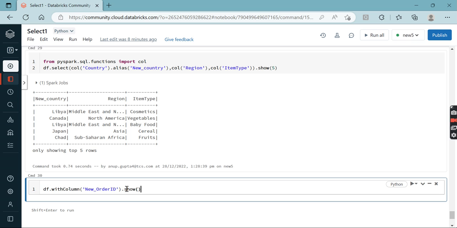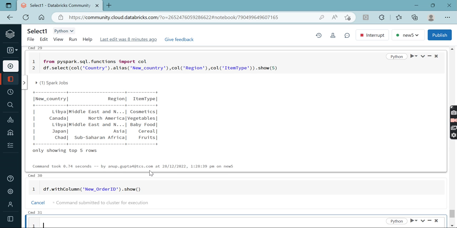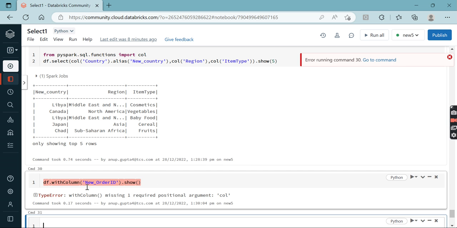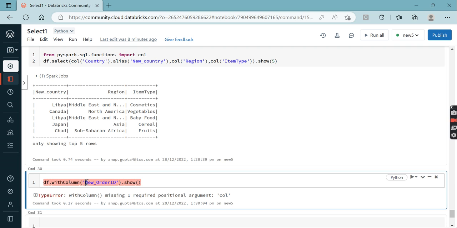First let's see whether our new column got created or not. Okay, yeah, we need to use col actually